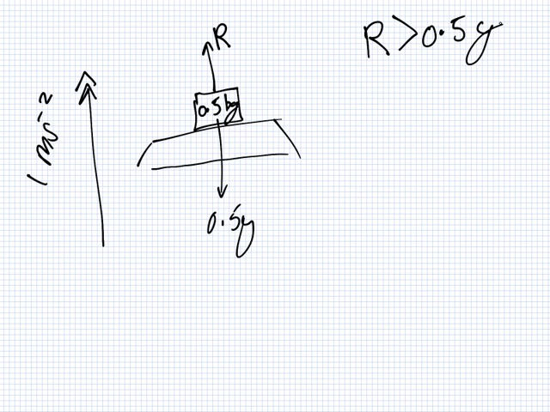point of view, if I put the book on the weighing scale, what forces does it feel? It feels the weight, and it feels the reaction upwards. If it feels itself moving up, it must be because what's pushing it up, the reaction, is bigger than the weight. Okay, so we're happy with that. So what is the total force? Well, the total force will be R minus 0.5 g. That will be the total up force. Yes? Is that okay so far?